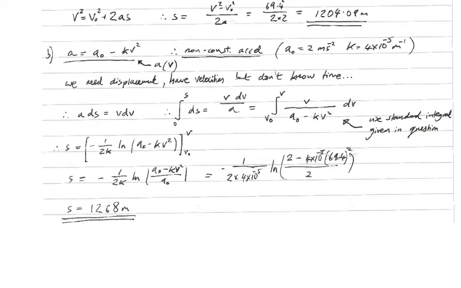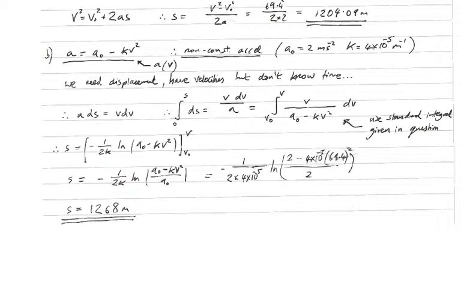So zoom in. So you have a naught minus kv squared over a naught. This is v naught is 0, so this becomes 0. And you can start to put your numbers in. So 2 times 4 times 10 to the minus 5 is k. K appears here, a naught appears here, and we again take our required final velocity. And this time, you solve all of that, and you find the runway distance to be